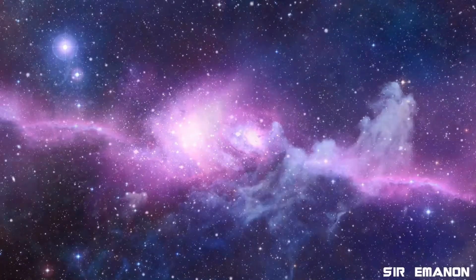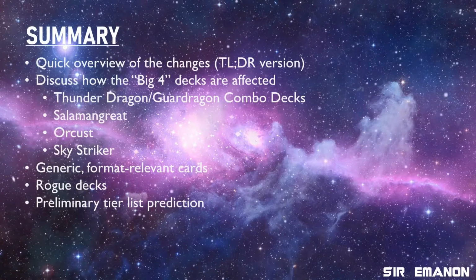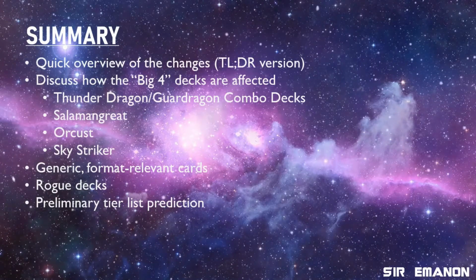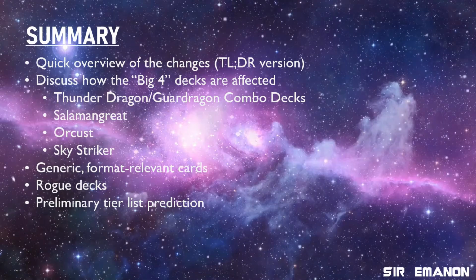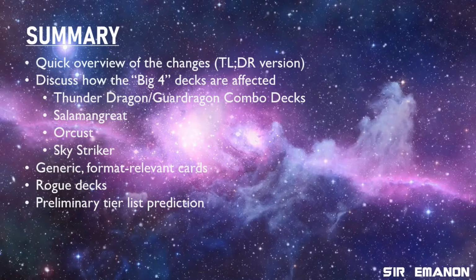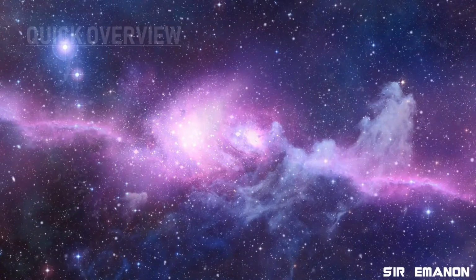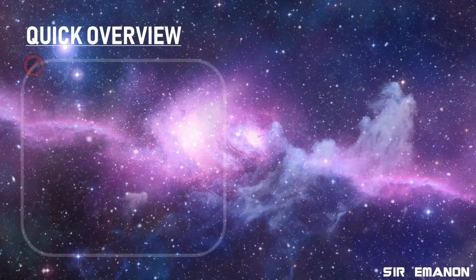As a preview for what's to come in the video, I'm going to quickly go over the actual changes to the list, how they've impacted the meta decks, talk about generic format relevant cards, discuss the rogue decks, and lastly, a very rough draft of what I feel the strongest decks are going to be moving forward in this upcoming format. Alright, so as a refresher, I'm just going to place the cards on the screen as a visual, but